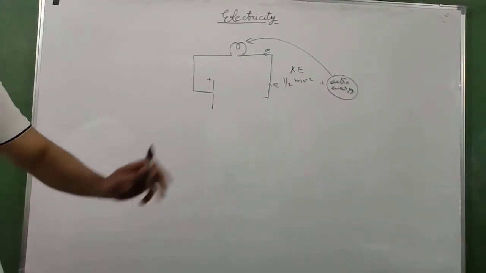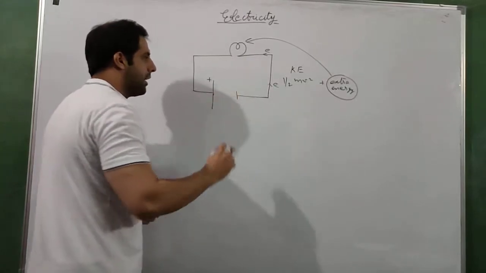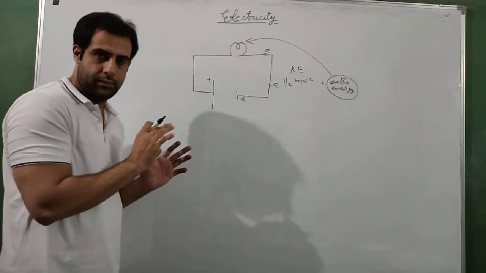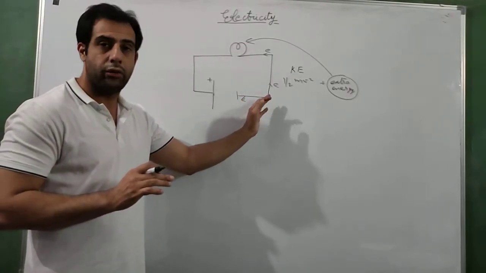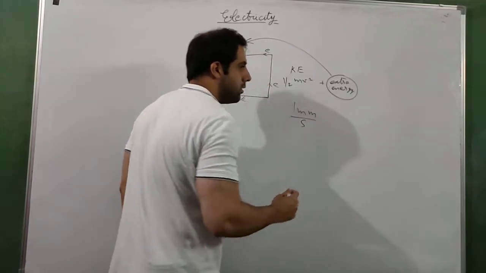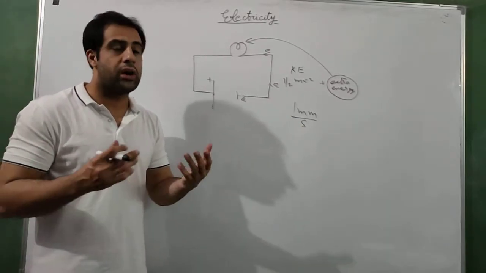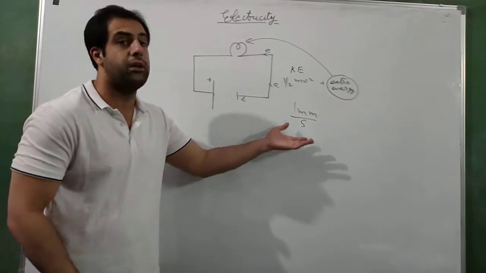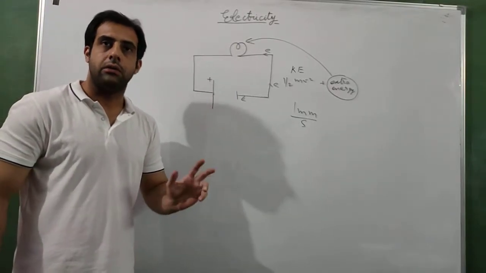Now, some of you might have a doubt after understanding this. Some of you might say that if the electron is starting to travel from here, it will take some time. Actually the average speed of an electron is 1 millimeter per second. This is the actual speed of an electron in a circuit. It is a very small speed. In 1 second the electron is traveling only 1 millimeter. I can travel much faster than that. You can run much faster than that. Then how come as soon as we switch on, everything starts working?